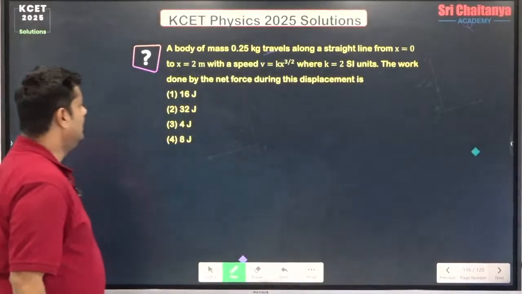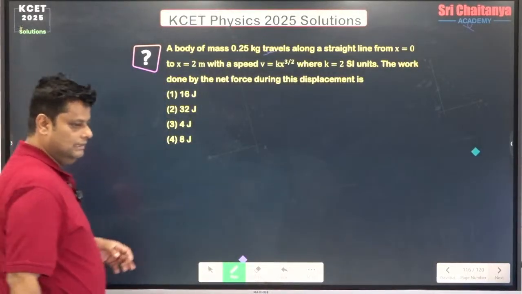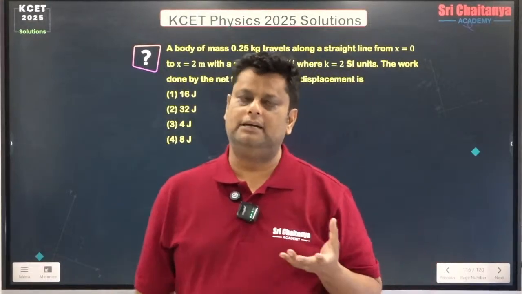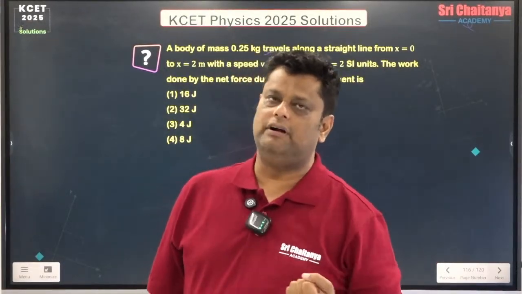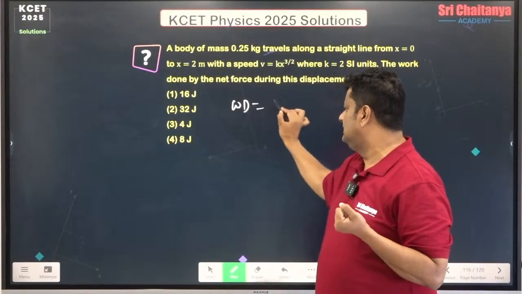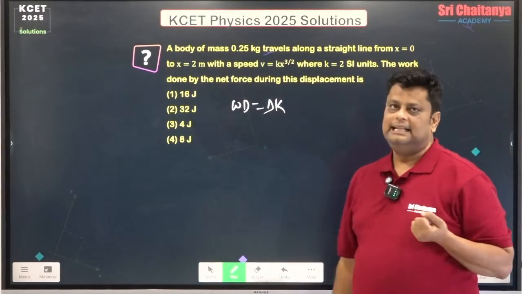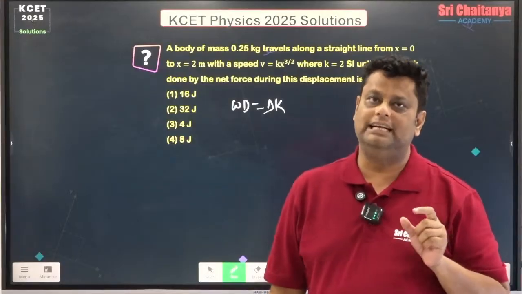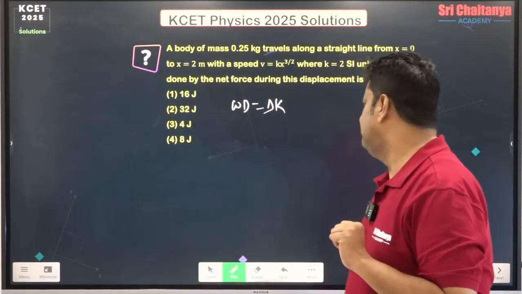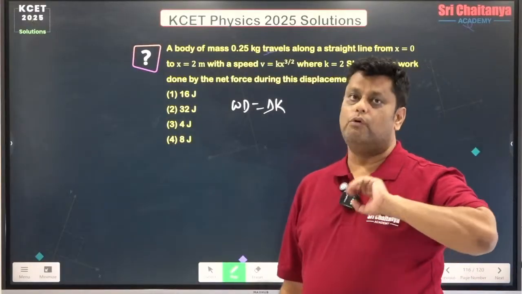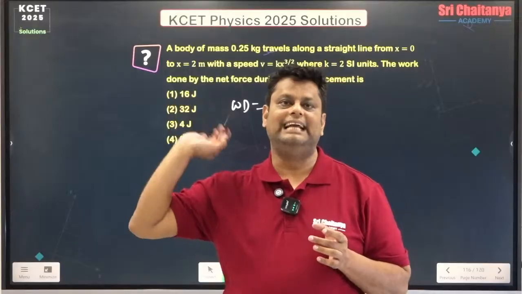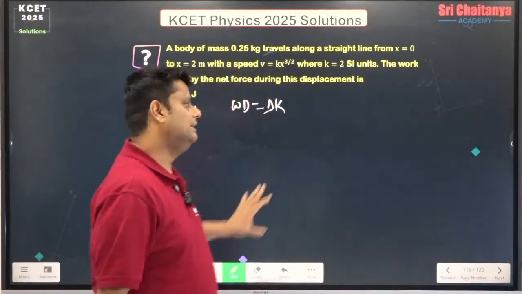So we have again a new question, work done. We can calculate the work done by the method of integration, that is integral F dot dx, or we have another very simple concept that work done is change in kinetic energy. That is the important part. The crux of the question is that you are given a velocity which is a function of x. As the velocity is a function of x, we are not going to find the force because it is a variable force. So we are not going to use integral F dot dx,